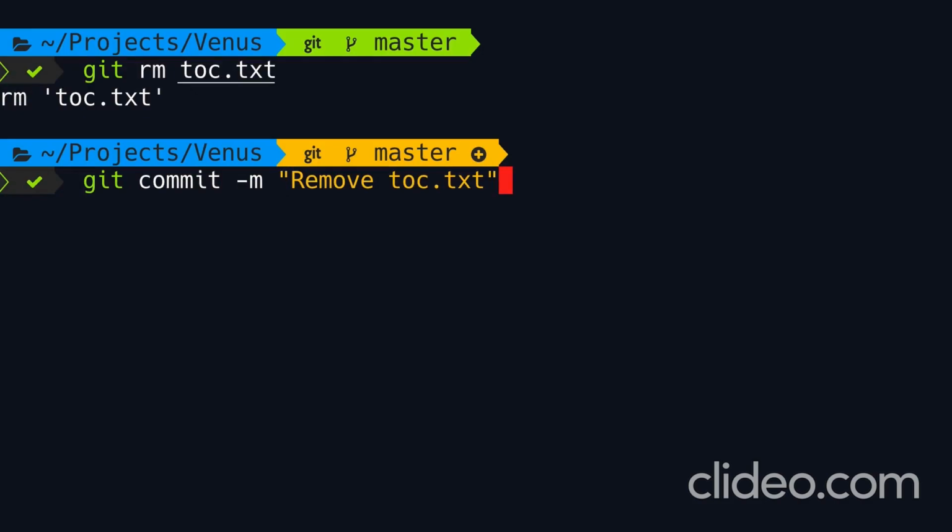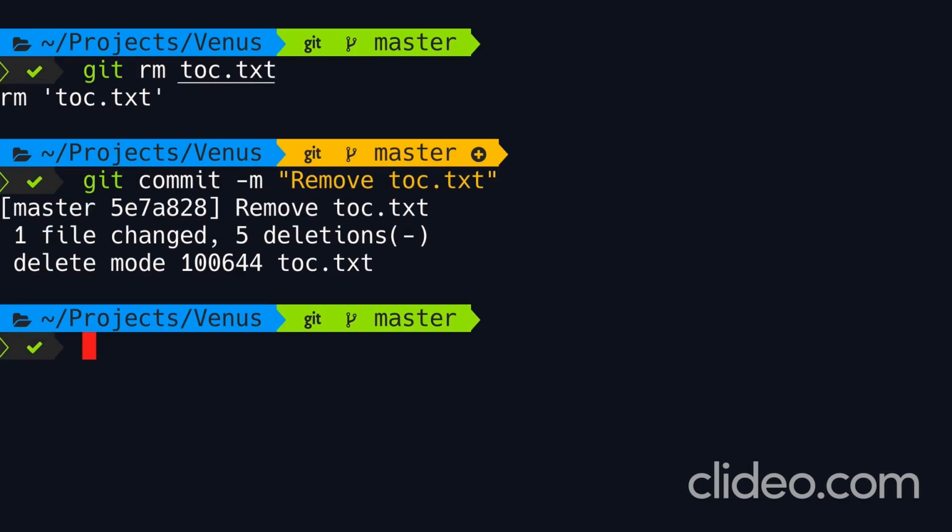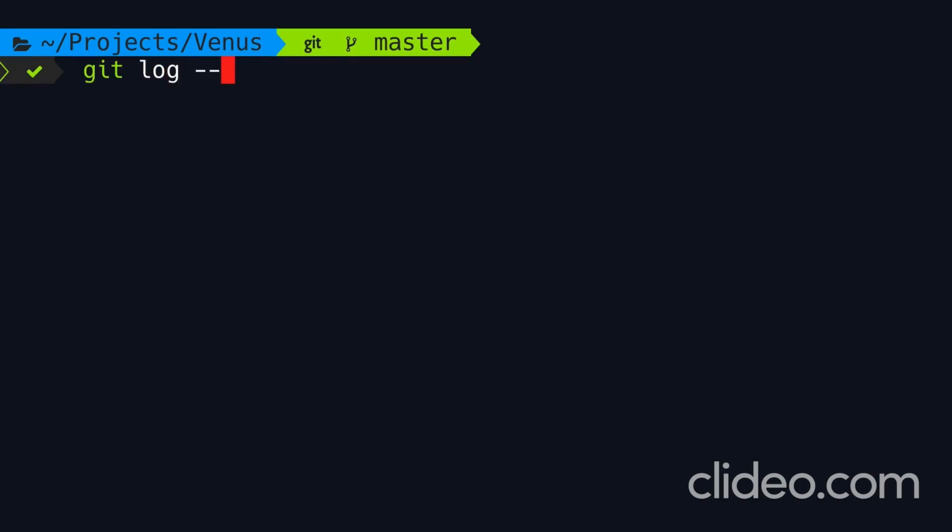Now this message is purely for this demo. In a real situation, the message is not going to indicate that we're deleting a file because that would happen accidentally. So we may remove this file as part of fixing a bug or implementing a new feature, okay? So our table of content file is gone. Now we need to find all the commits that have touched this file. So we run git log, one line,